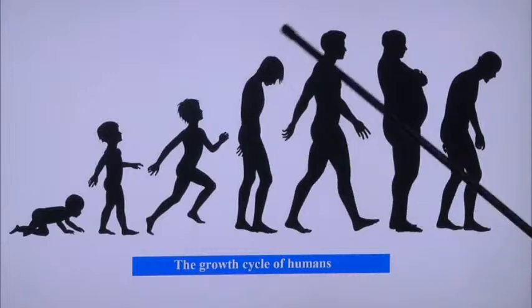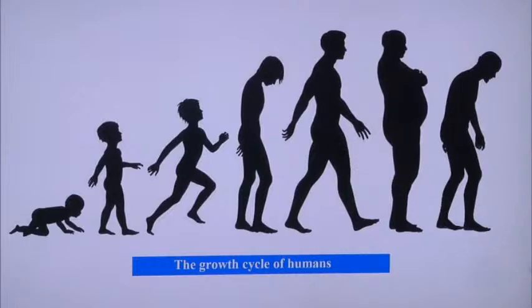Then you can do so many things on your own. You become an adult, and then you become an old person. And then the next thing happens, only God knows. So this is what? Growth in living things. Let's look at another picture